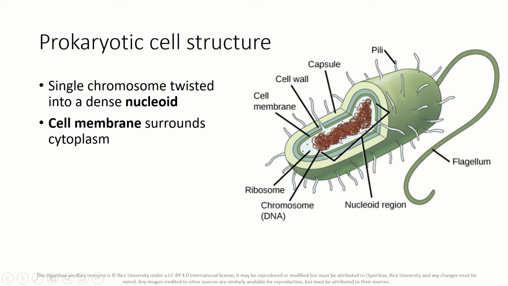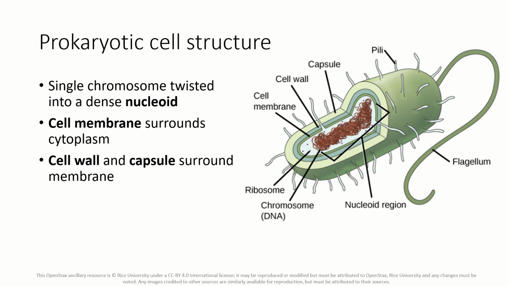It has a cell membrane, and that is this layer here. The cell membrane surrounds the cytoplasm, okay, which is everything inside. It has a cell wall around the cell membrane, and then around that, some of them have a capsule as well. And again, that's going to distinguish the gram-positive and gram-negative. We're not going to go into that in much detail in this class, but that's